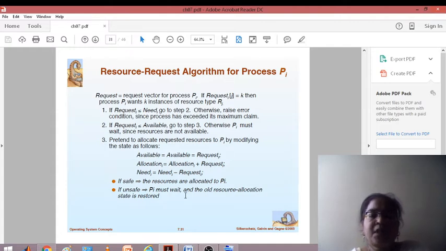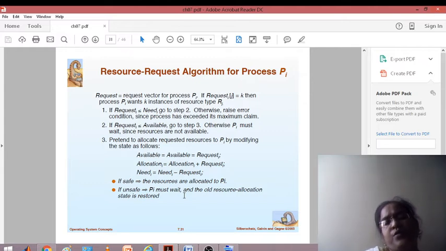You must have seen this in database management systems, DBMS, when you were working with SQL. You had commit and rollback. If you roll back, you go to the previous state of whatever you were doing. Similarly, you roll back if you run the safety algorithm and do not enter a safe state. You roll back to the previous data structure, the previous allocation structure that was there. So here we actually pretended, ran the safety algorithm, and checked whether allocating would lead to a safe state or not.